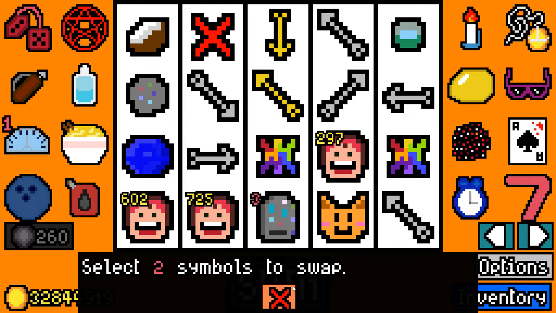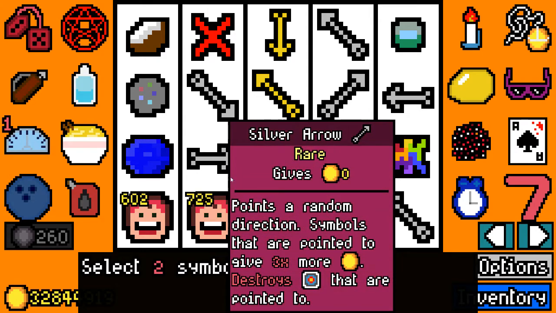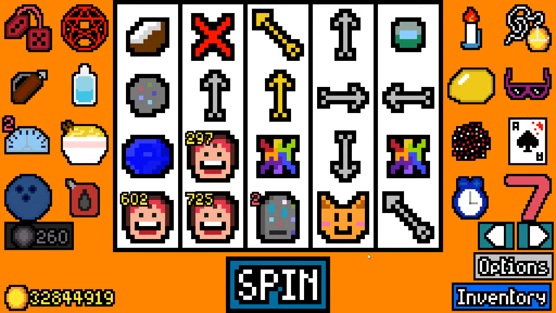I don't want to respin. I want to swap you. It's just absurd. I've got 4 golden arrows in this build. I think I actually do remove the